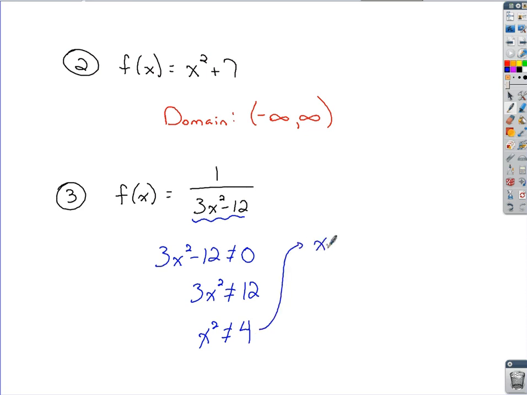When you take the square root of each side, remember there's a plus or minus. So plus or minus the square root of 4 would be plus or minus 2. What this is telling us is x cannot be 2 or negative 2, but it can be anything else. So how we list the domain for this one,